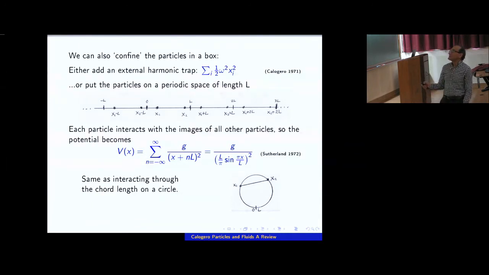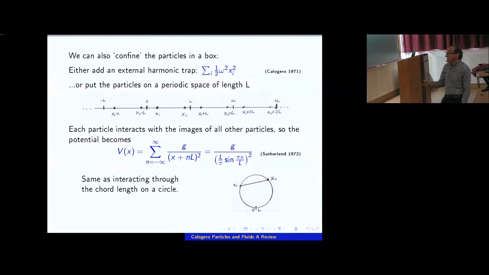Or you can imagine of putting the particles in a periodic box. And the way that you do that is you say that the coordinate x is periodic, so the system basically is infinitely many copies of the particles in the fundamental domain from 0 to L. L is the periodicity. So that means that each particle interacts with each other particle not only through the distance within the domain, but also through the images of this other particle. So the interaction of a particle with the other particles will be the sum of n equals 0, the particle in the domain, plus all the images. And that summation can be done explicitly, and it gives you 1 over sine square of the distance in proper units.